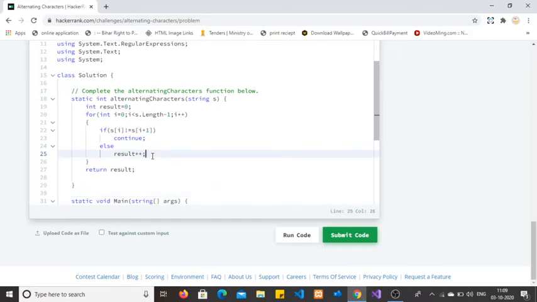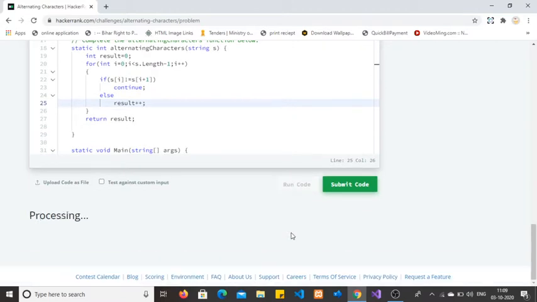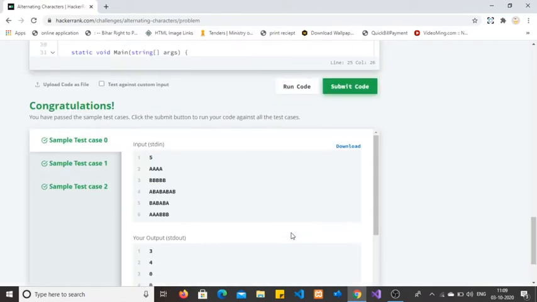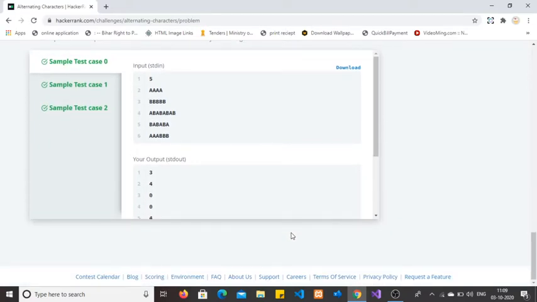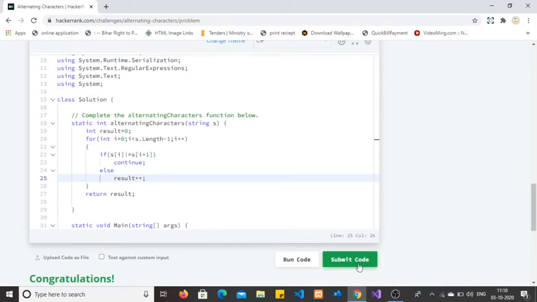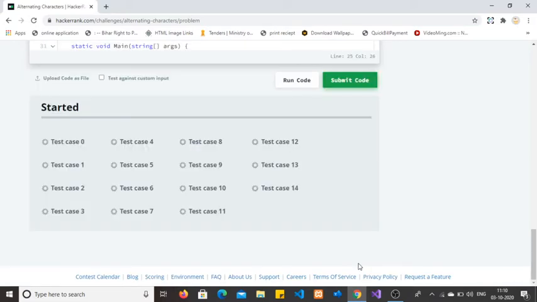So that's it about the coding. Let's run this code for the simple test case validation. Yeah, it passed the simple test case validation. In this problem statement, we don't need to actually remove the characters. We just need to count the number of character deletions required. So I'm just counting, I'm not actually deleting the characters. Okay, let's run this code. Submit this code for final evaluation. It should pass all the test cases.